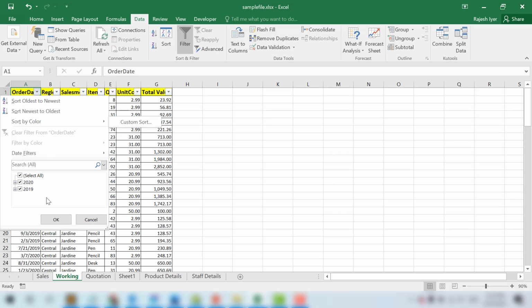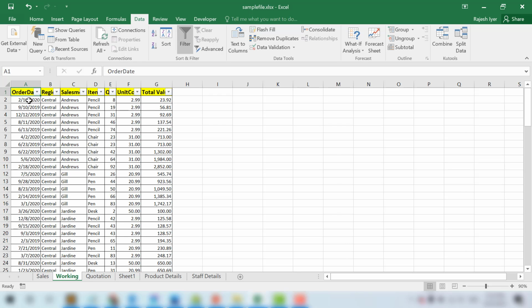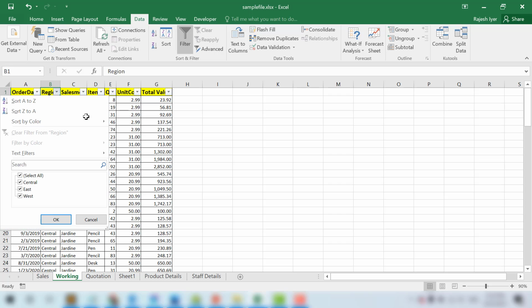Now Excel has already considered this column as a date range, so it is by default showing us a calendar view. For this to work, if we format the cells properly in the beginning, then this will continue. Okay, now I press Alt and Down. I'll go to region and press Alt and Down to open this, and I can use the arrow keys to navigate between the records.